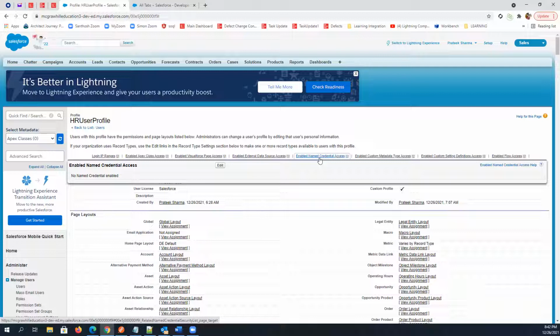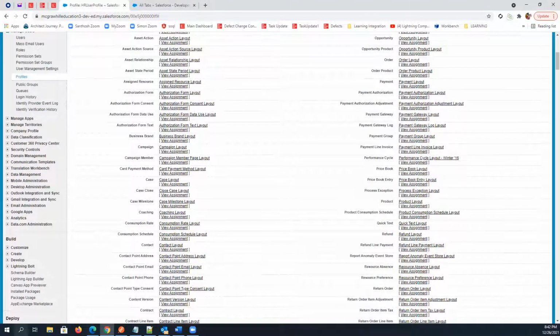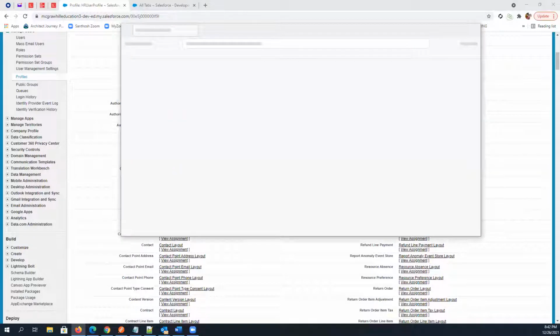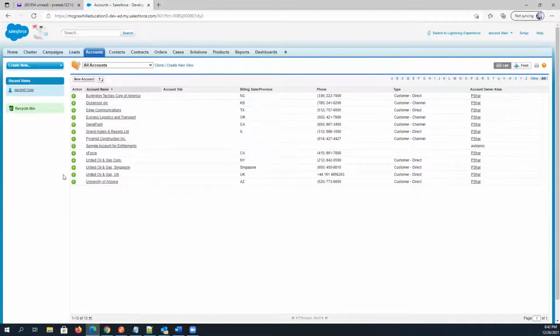Similarly, by using a permission set, you can give some add-on access. Whatever is on your profile will remain the same, and you can add some add-on by using a permission set. So what I did here is I have removed the account edit and delete access. This particular user does not have the account edit and delete access. We have removed this from the profile. Clear, everyone?